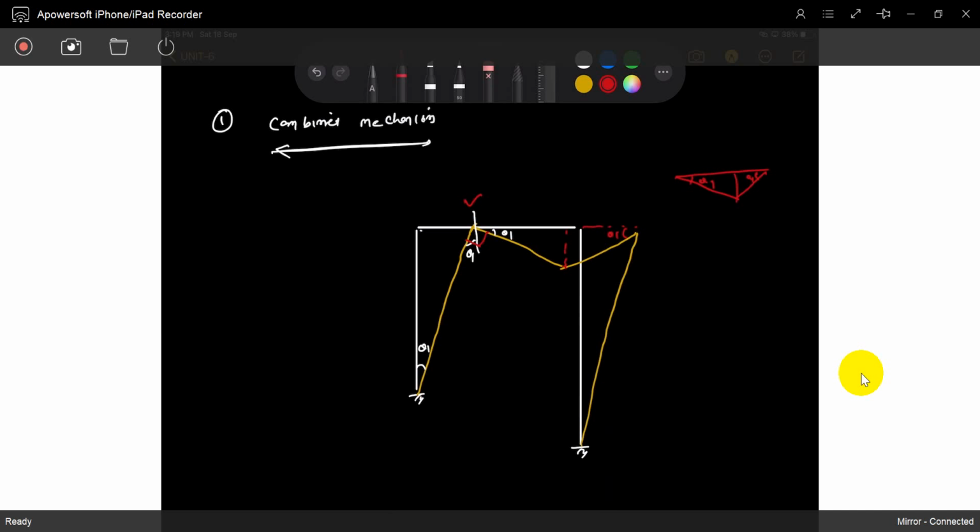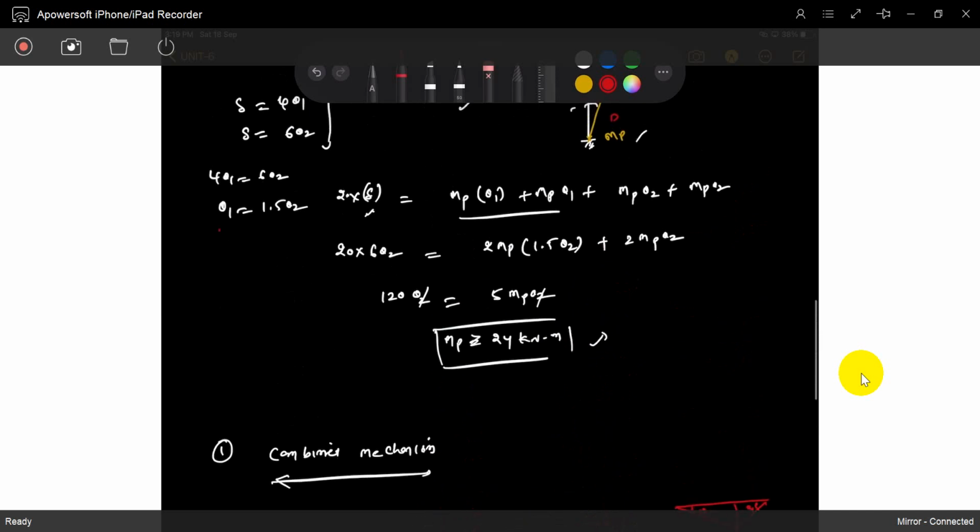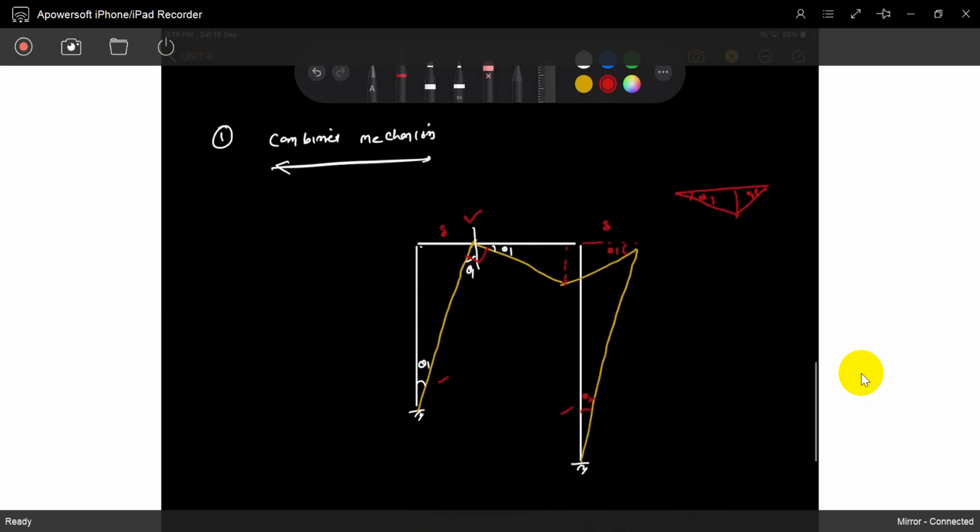Okay, now you can see this is theta 2, because the length is different now. This is delta and this is delta, you can take it. This theta 1 is not equal to this theta 2. Previously we saw it, this is the difference. So this is theta 2, this is theta 2. Got the point? That's it.